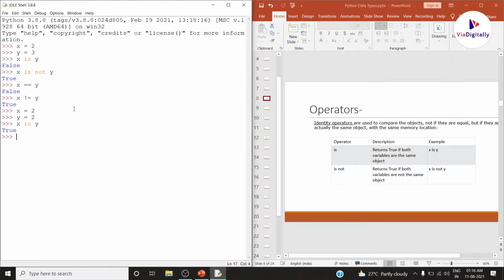Then what is happening in the background? Why is it giving true? Because in Python, if the value is the same, when it is stored at some memory address and you are creating objects multiple times for the same value, the same object address is returned. Let us check the address of x now. How do you know the address of x? It is simply the function id of x. Let us check the address of y now. It is still the same, right?